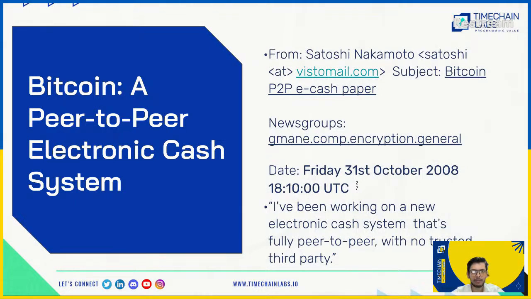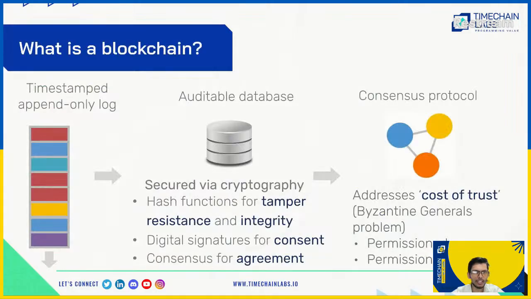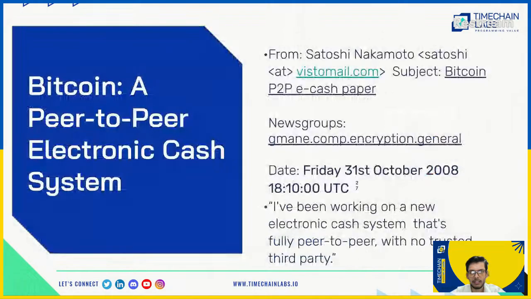He titled the white paper as a peer to peer digital cash system, and he launched it on a forum on the internet in 2008 in October. And just next year, in 2009, the blockchain started, or the blockchain is the name for the ledger that's powering Bitcoin. And that started after launching the white paper, the computer system started, not just at one place by Satoshi Nakamoto, but as a public competition between multiple different servers.